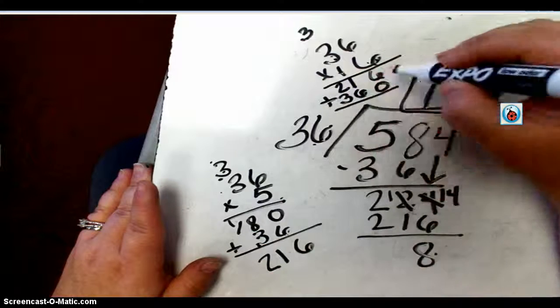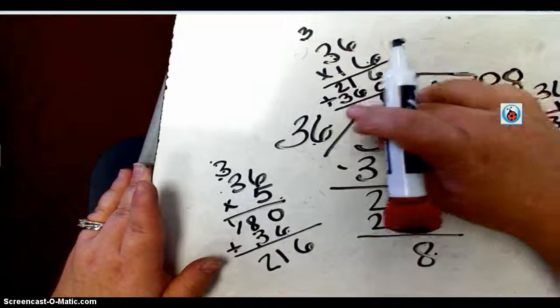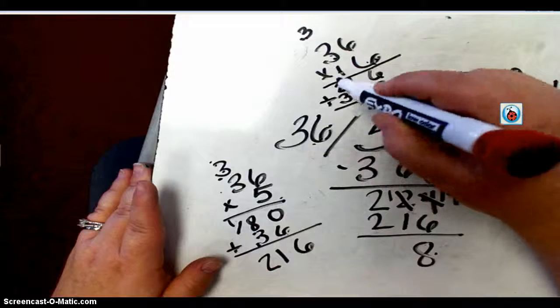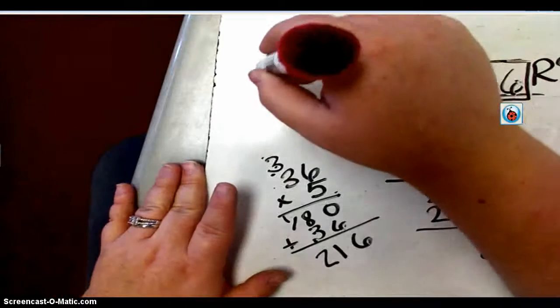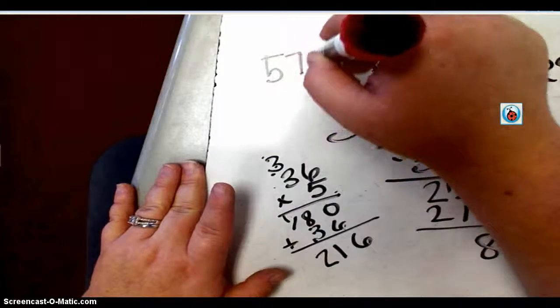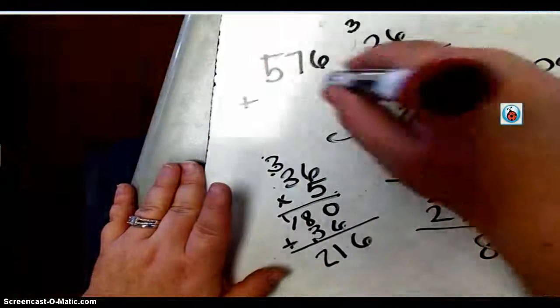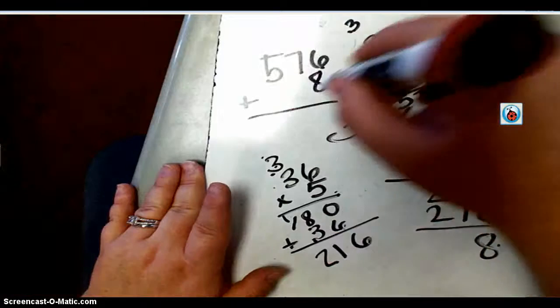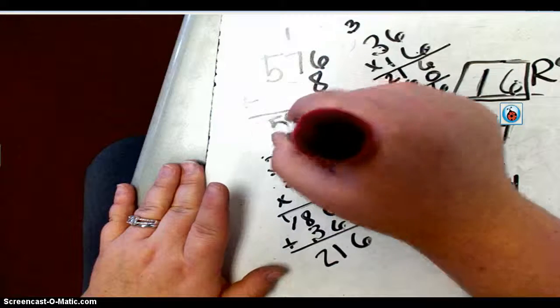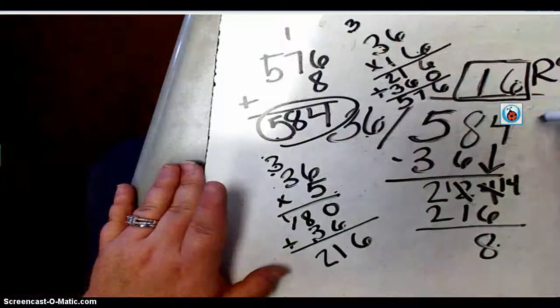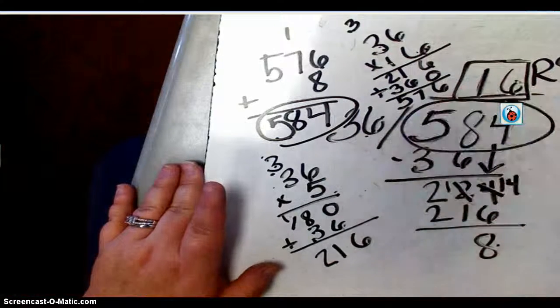Then I add 6, 7, and this is 5. So then I have 576, and I'm going to add my remainder. And I get 584, which is the number that I started with. So you should have gotten